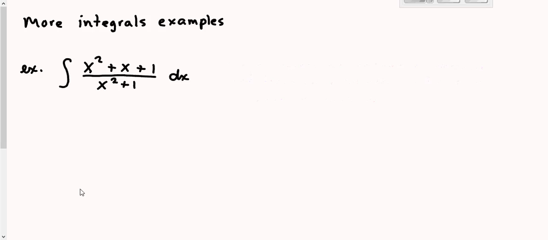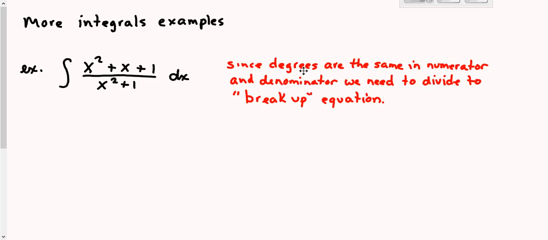Okay, so today we are going to look at some more integral examples where, when we integrate, we're going to get ln. So this example is a little bit different than the ones that we've looked at before. We're integrating x squared plus x plus 1 divided by x squared plus 1 dx. Okay, so here's what's different. If you look at the degrees, which means the exponents in the top and the bottom, they're the same. Since the degrees are the same in the numerator and in the denominator,